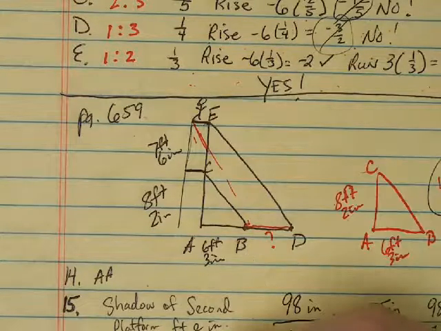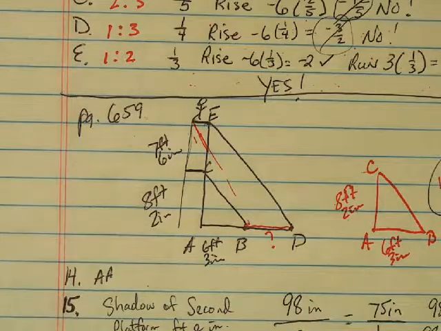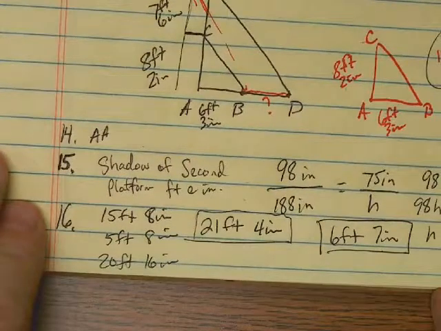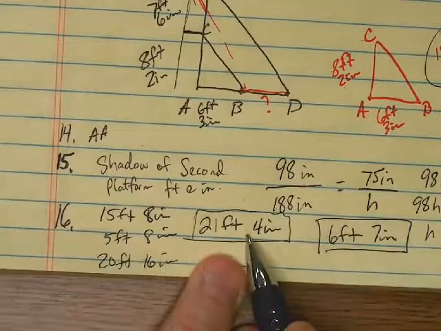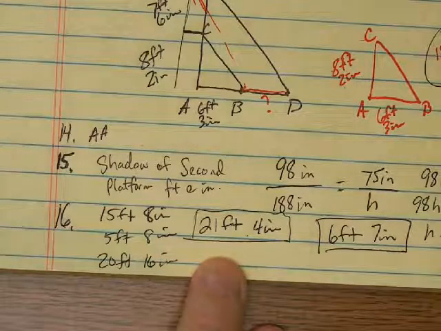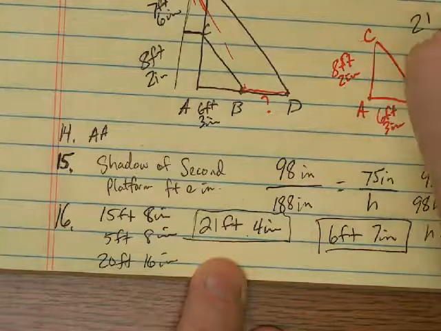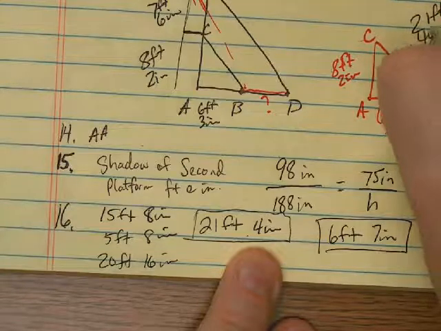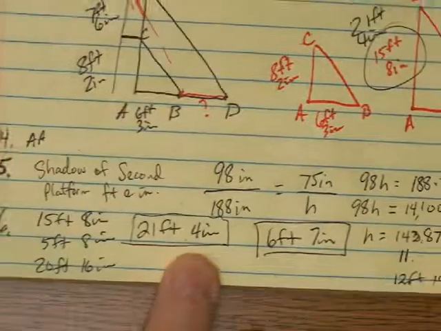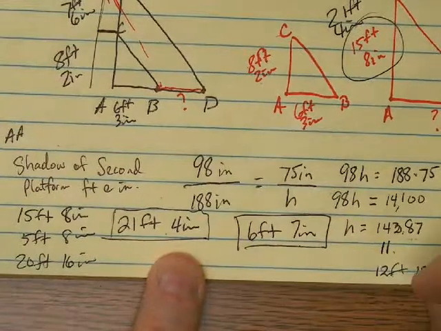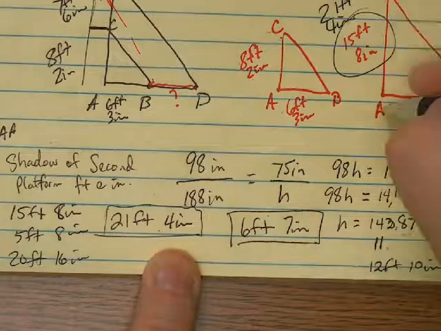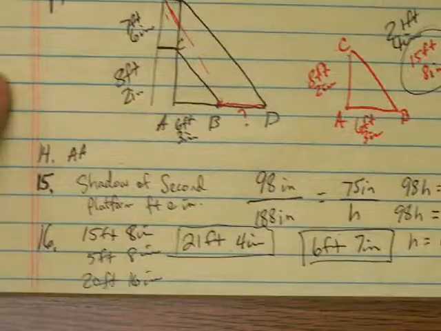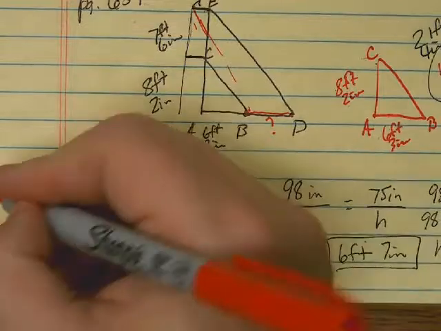21 feet 4 inches. Move this up so you can see that. Okay, so we have 21 feet 4 inches. That's the entire height. So this new triangle now is 21 feet 4 inches. Okay, so we still do a proportion. We're going to take this small one, but now we're going to go to the big one, and it's going to be the entire thing. So instead of